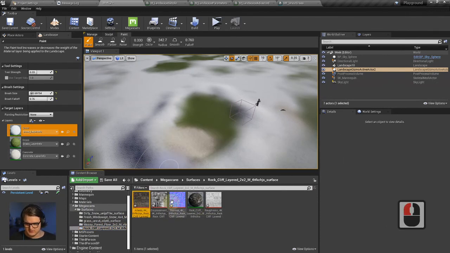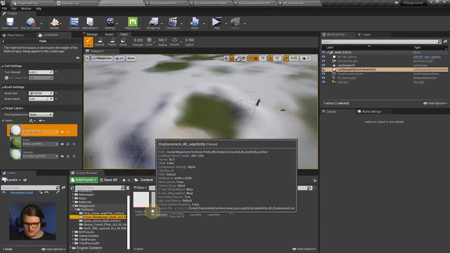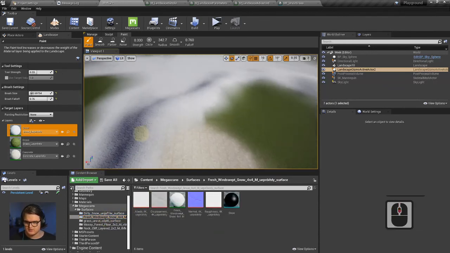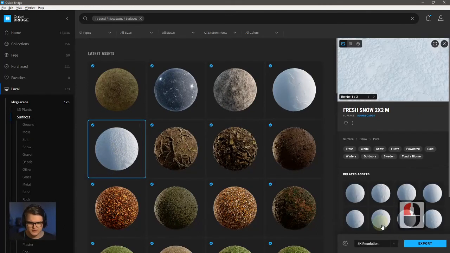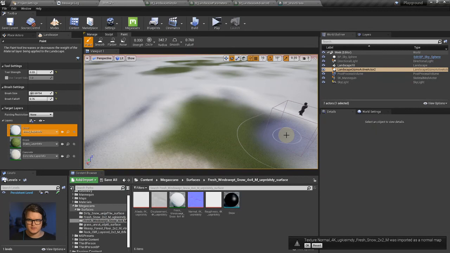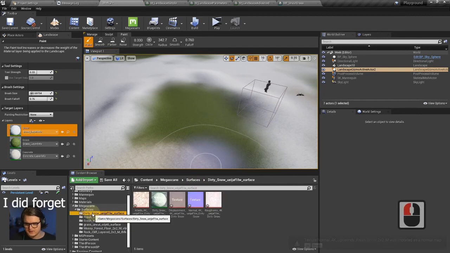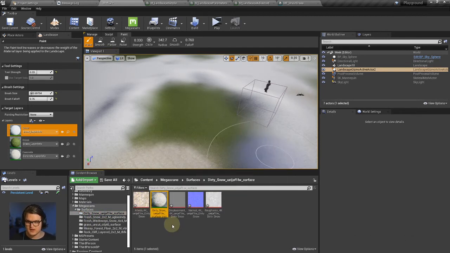Okay. So we've got the cliff rock, the mossy floor, uncut grass, which I had from earlier, fresh windswept snow, and then dirty snow. In fact, I'm going to do one more snow. There's fresh snow. Let's export that as well. And I'll talk about why I made that choice later, when we get to it. Or maybe I'll forget. The first thing to note is that the assets come in from Quixel